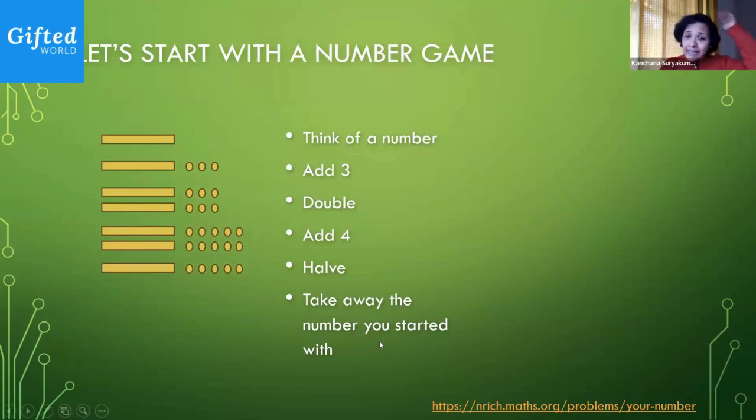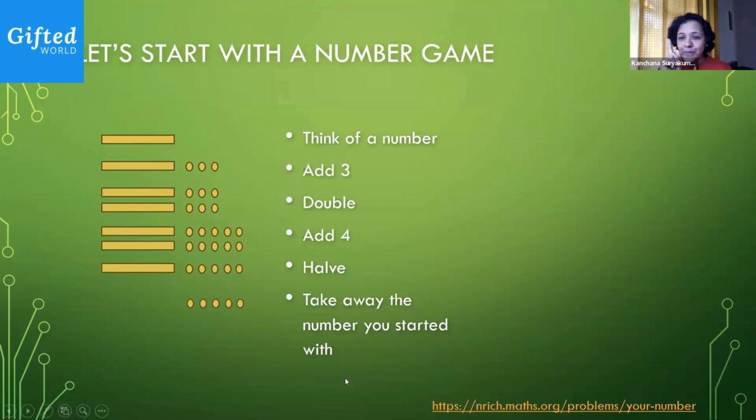Then I'm taking away the number you started with. So the number I started with is a rectangle. I'm going to take away that rectangle. What am I left with? Just the 5 coins that I've added. So I think this is probably what Vihan was trying to say, if I've understood him correctly. And this is what Anaga was trying to say as well. That we have taken something and then we're taking it away. We're adding something, we're halving it. This process helps you understand, even if I don't have a number in my mind, what is going on.